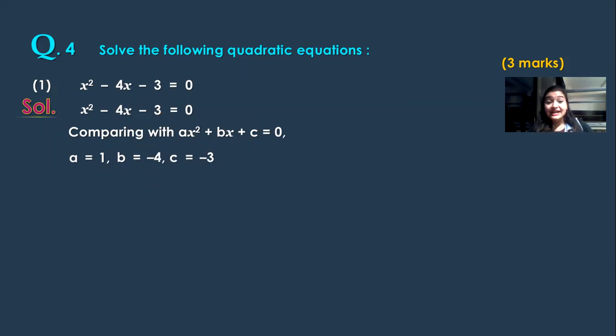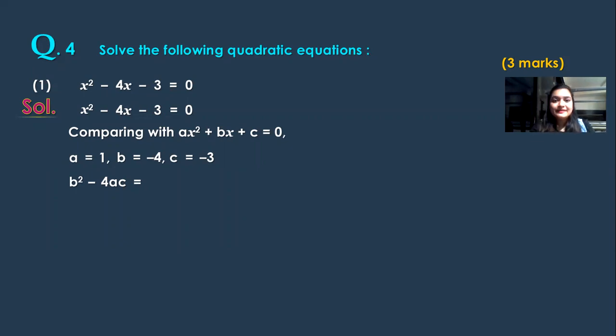Now guys, you can do it by factorization method. Right now over here, we are presenting it by formula method, which will help you to understand how to use discriminant as well. But you can try it by factorization and see if you get the answer or not. Now, b square minus 4ac will be found out first because as per formula method, the formula is minus b plus minus root of b square minus 4ac upon 2a.